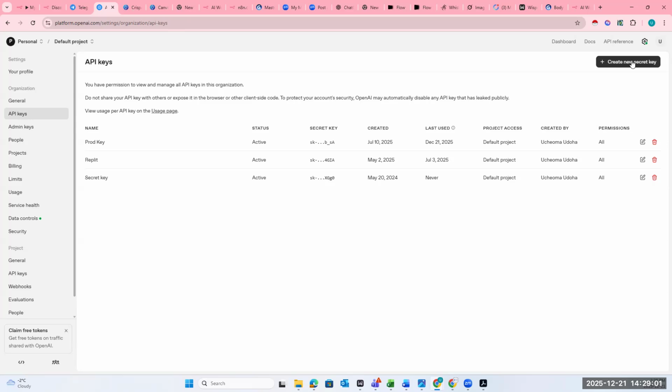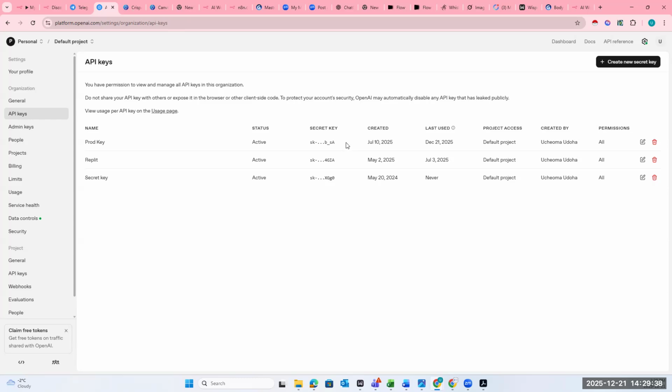Hello. Yeah, what do you see? Tell me. So it says API keys. You have permission to view and manage all API keys in this project. Do you see something like this? Can you see my screen? Yeah, I can hear everything. So what do you see? Yeah, I think it's the same thing. My one has names, titles, all those things. It has everything. Is it right? Okay, so you need to